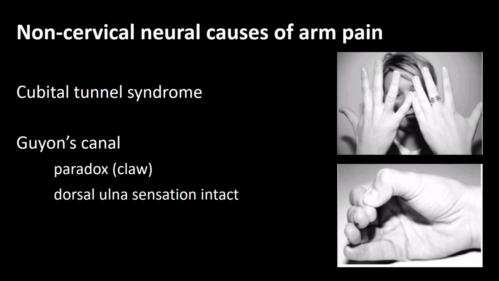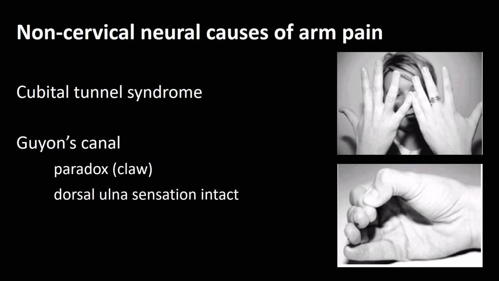The ulnar nerve may be affected around the elbow in a cubital tunnel syndrome. This may present with ulnar distribution sensory changes, some weakness in the ulnar innervated muscles. This can be identified by tapping around the elbow, especially with the elbow flexed up at about 120 degrees.